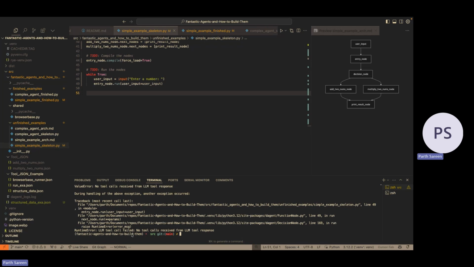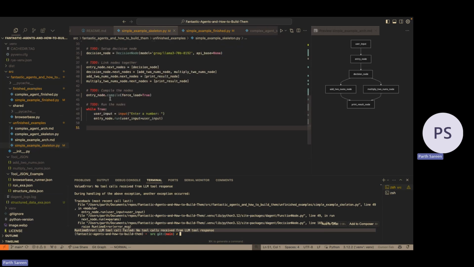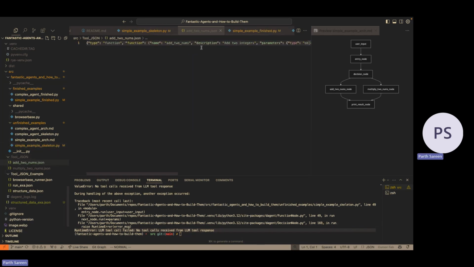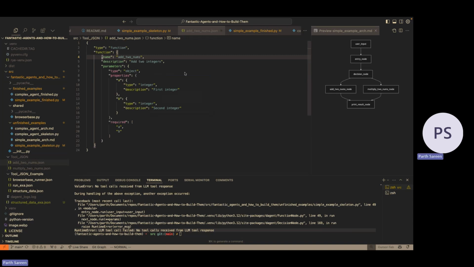Okay, this is an error you're going to run into from Dagent, which is good, because what this is saying is that we passed our information onto Grok, and Grok wasn't able to decipher what tool to run next, even though we've given it a description. When you hit the compile function, what's happening in the background is you have this tool_JSON file or folder, and these are getting generated behind the scenes without you having to do anything.